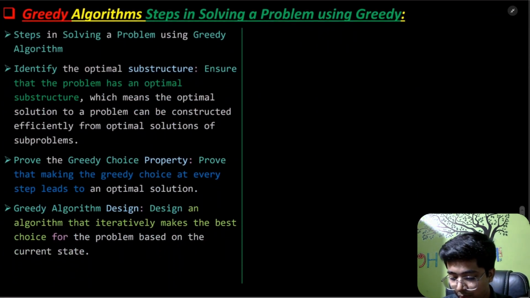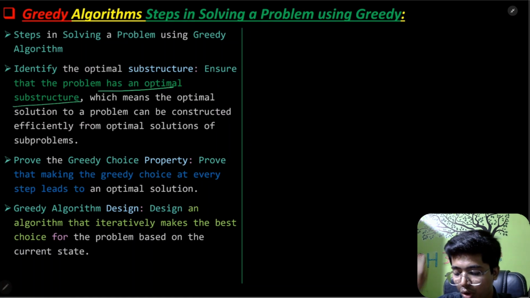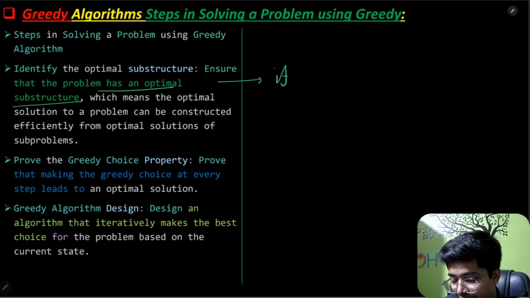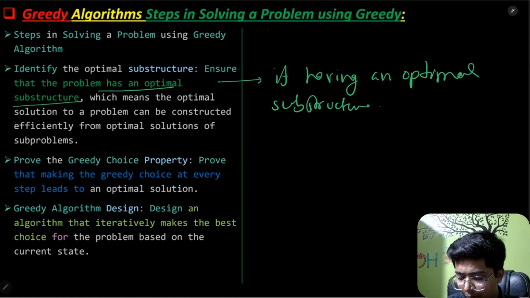Now, the greedy algorithm steps in solving a problem. These are the same things that I told you. Ensure that the problem has an optimal substructure. Before applying greedy algorithms, we should identify whether to apply them or not. First we should see if the problem has an optimal substructure, which means the optimal solution to a problem can be constructed efficiently from the optimal solutions of subproblems,